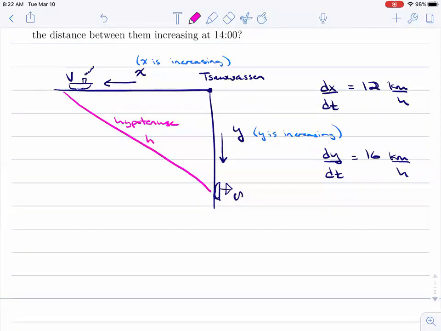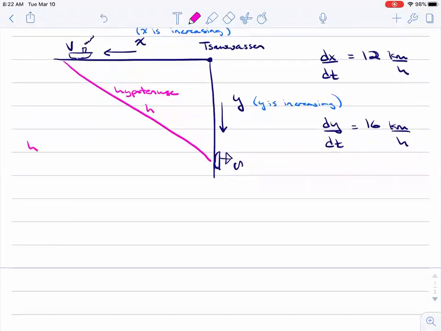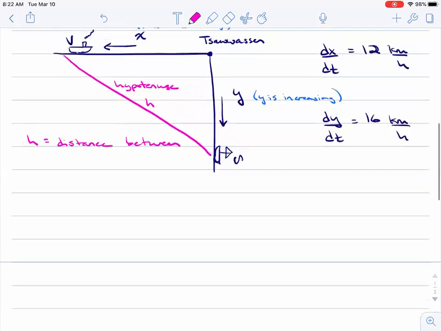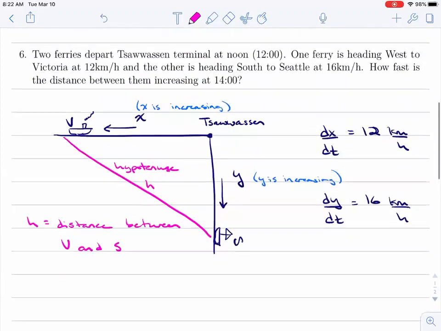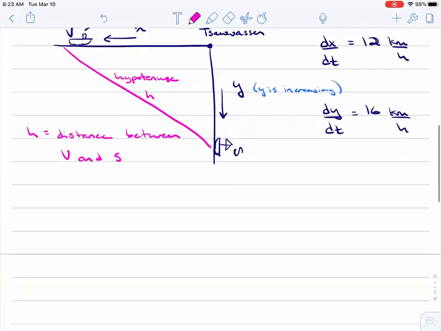H is the distance between the two ferries. And so h is the distance between V and S, let's say. But we want to know how fast the distance between them is increasing, right? So what's the rate of that distance over time? And so we want to find dh dt